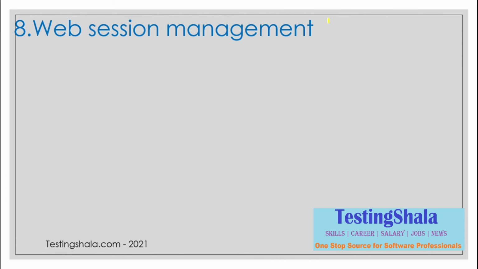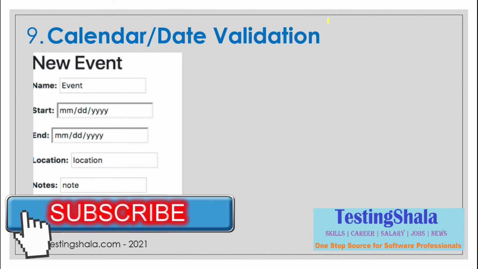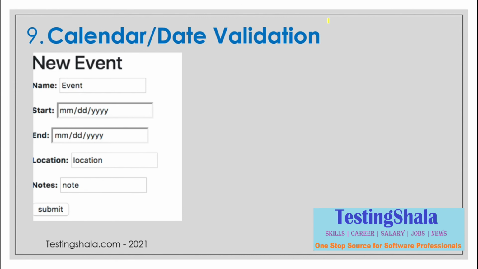Then the ninth type of test case which you can write negatively here is date validations. There are many things in dates, like, let's say, October 31st I cannot enter, February 31st I cannot enter. Even if I try to enter any of these in the fields with inappropriate dates, you should not be allowed to enter dates which are inappropriate as per the calendar. That is a negative test case you should create.